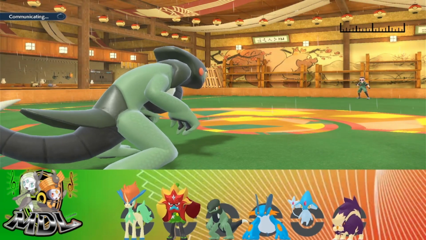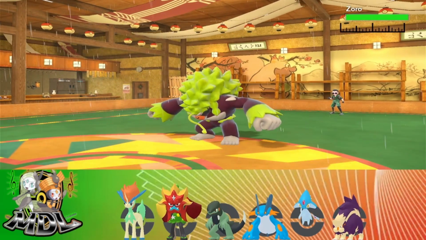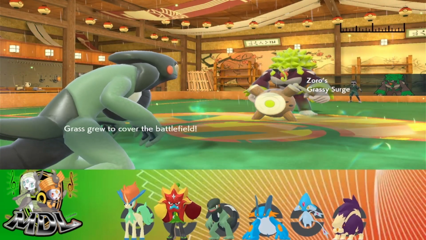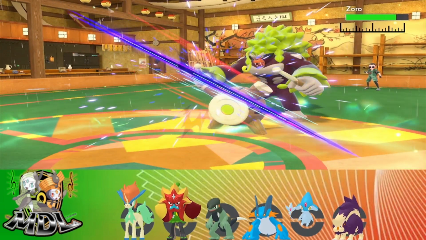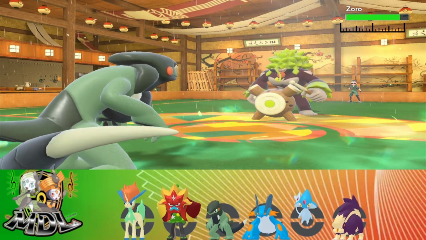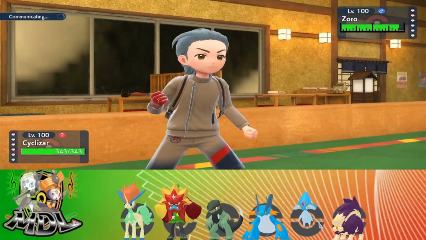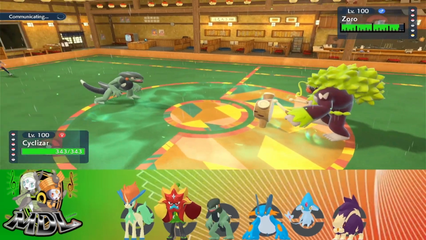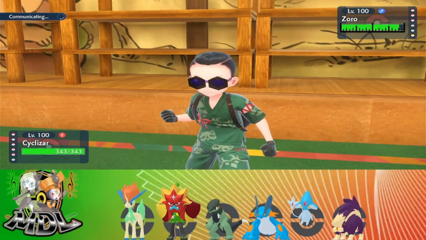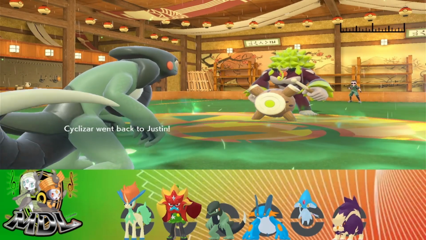So what I'm gonna do, I'm gonna Knock Off the first turn and then U-turn, because he's gonna put Light Screen up. Oh wait, no, he goes to Zoroark. Okay, Rillaboom. Interesting. I still should have knocked off. It would have been much smarter, but I think the Reflect's down here, right? Okay, Reflect's down now. I'm just gonna U-turn. We're pretty defensive. That did nothing. I was minus 1 though, so